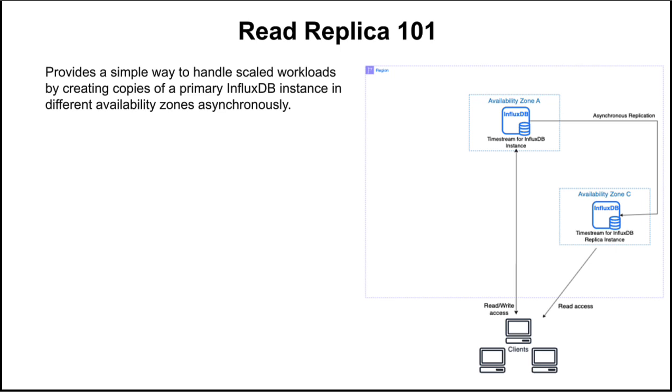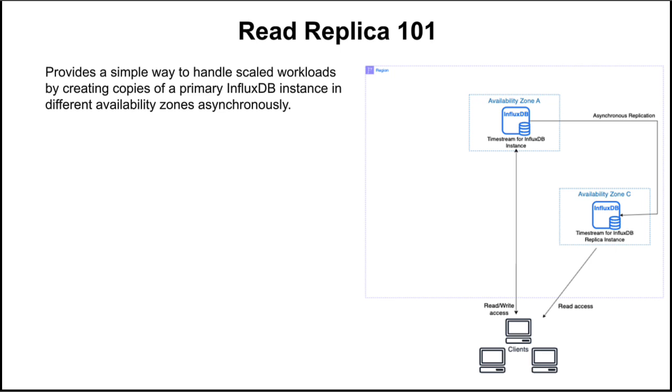instances of InfluxDB. The primary instance is in availability zone A, and to that instance, a client can read information or it can write information to it. This is actually your main InfluxDB. Now, you can have another version of InfluxDB with the same data, which we will call a replica. And the replica is created when any information is written to the primary instance, it gets copied in an async manner to the replica. So a client now can read data not only from the primary instance, but also from